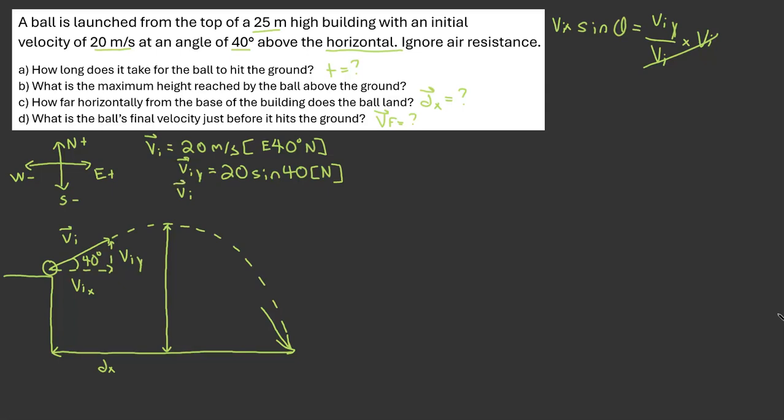Next, our VIX, which is going in the eastwards direction. I'm going to use my other trigonometric ratio. I know my VIX with respect to my angle of interest here, right? That's the adjacent side, so I'm going to use cos theta equals my adjacent side, which is VIX, over, again, my hypotenuse, which is VI. Multiply both sides by VI,